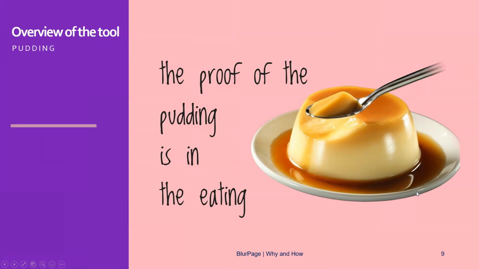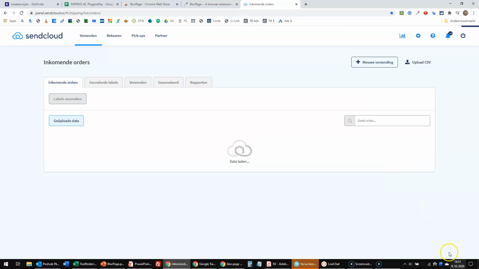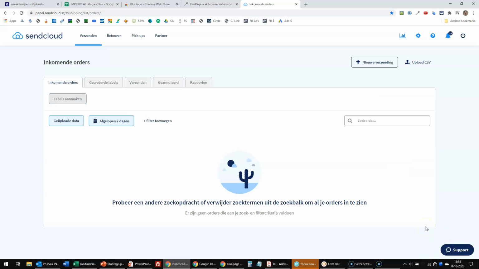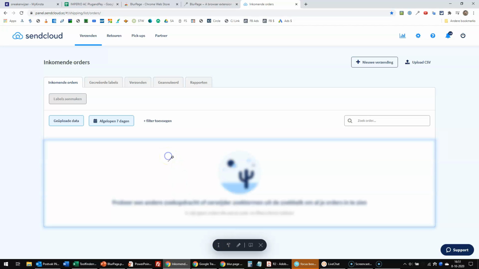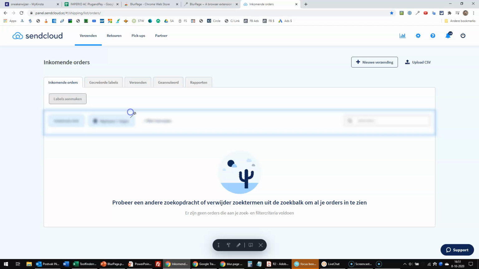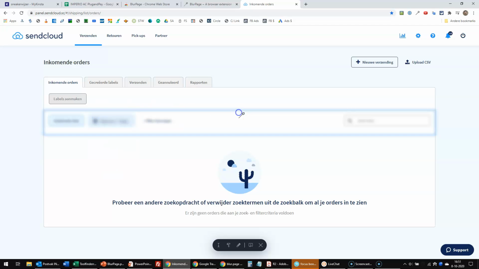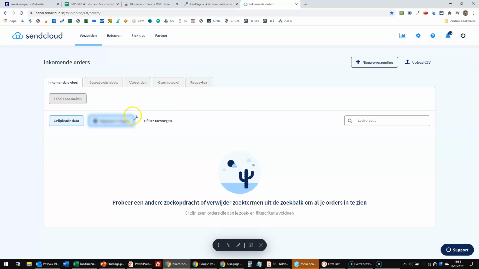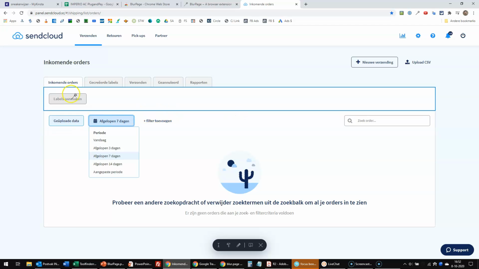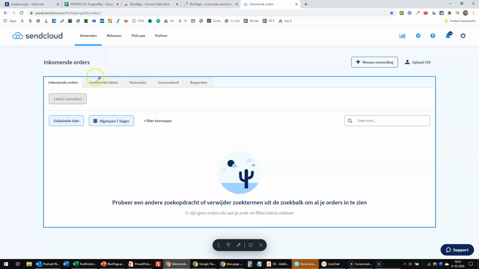So let us see how this works in practice. So let's assume this is the page that I want to blur some sensitive information of. I will go to the extension, click on it, and here you will see the toolbar. Immediately it is already in blur mode, so I can just click the elements that I want to blur, and as you could see, I could click the whole one or just smaller pieces of it, or this, or the thing itself,